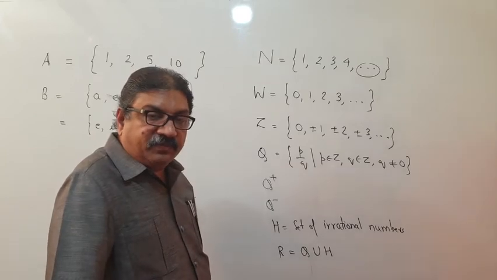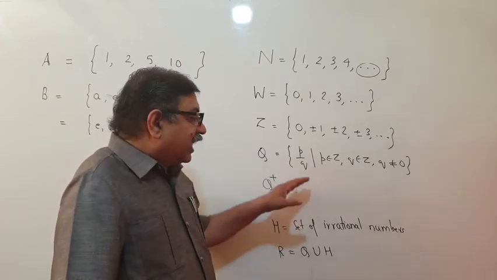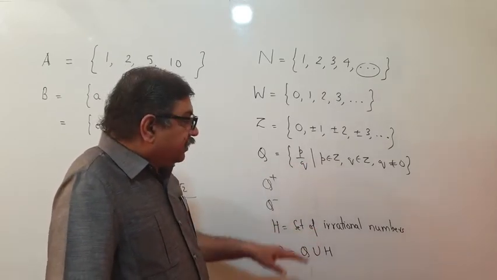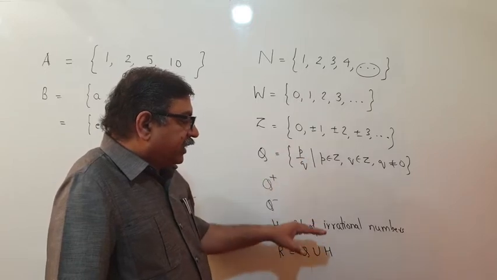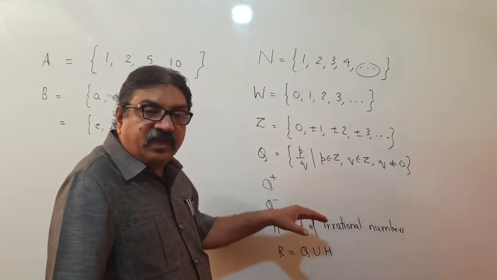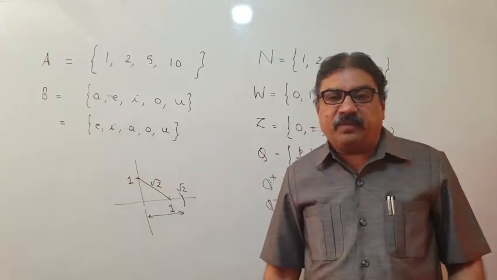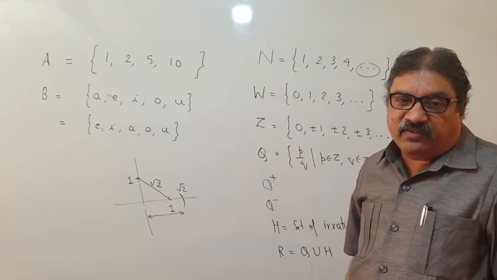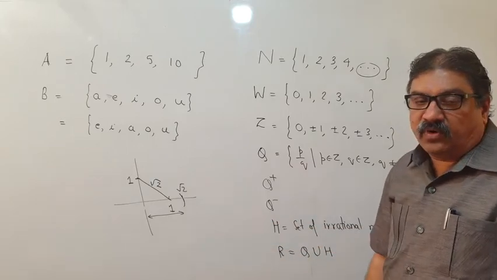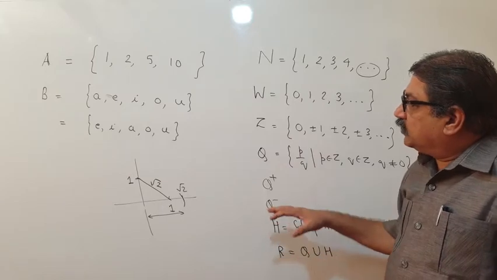of real numbers. And please remember, whatever is a rational number cannot be irrational, and a number which is irrational cannot be rational. That means these two sets, the set of rational numbers and the set of irrational numbers, cannot have any element in common. There can be no real number which is irrational as well as rational. And combined, Q and H form the entire set of real numbers. So this was the introduction to the